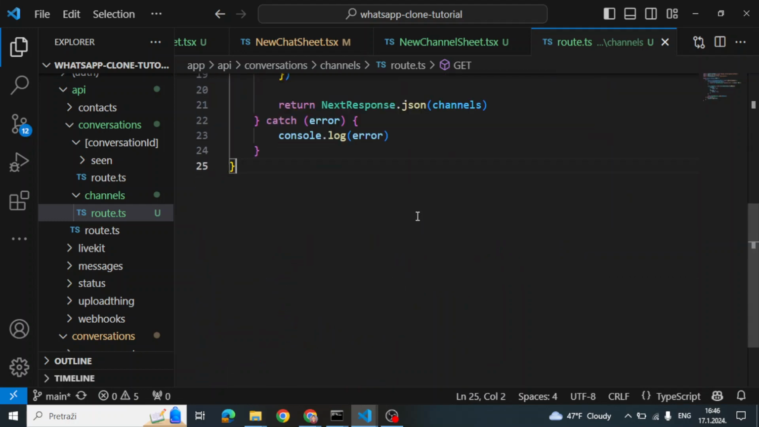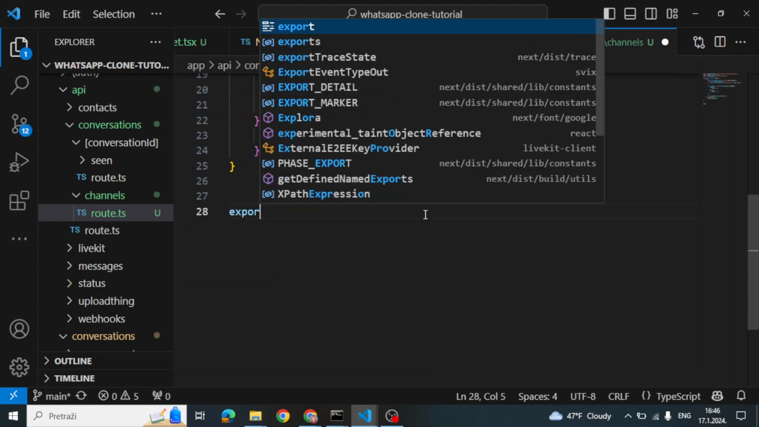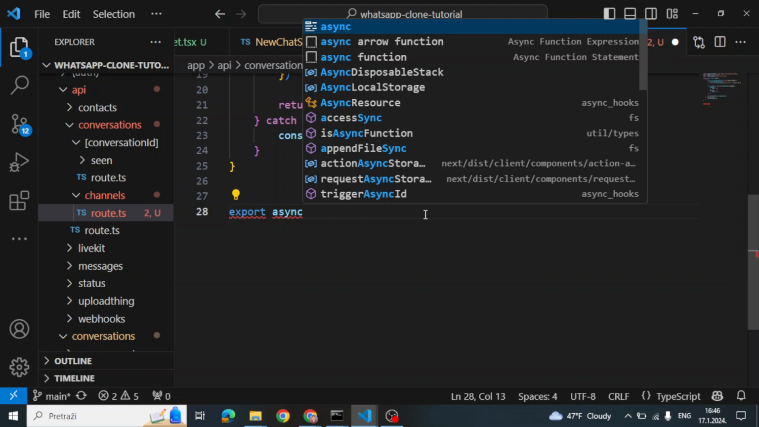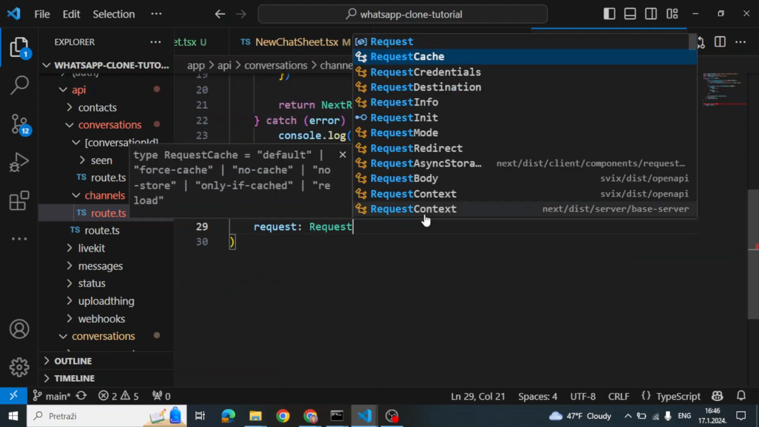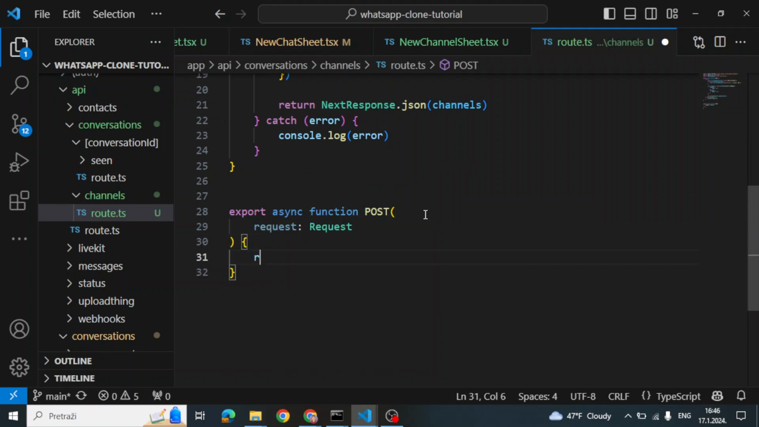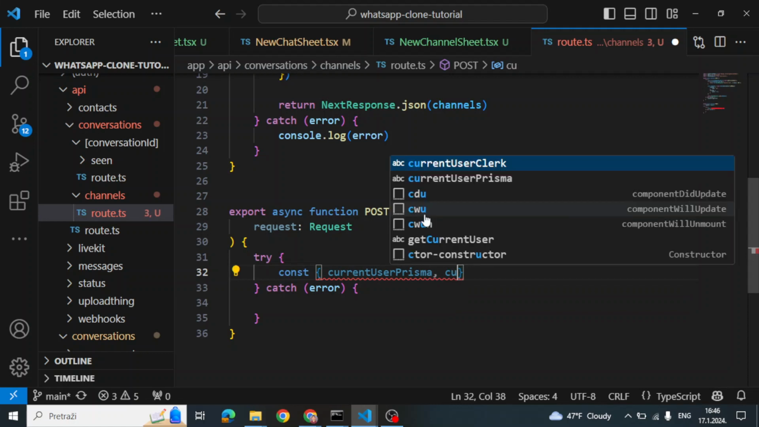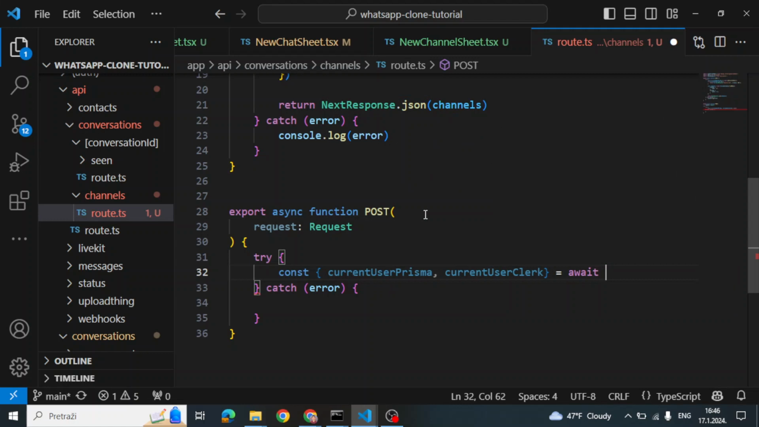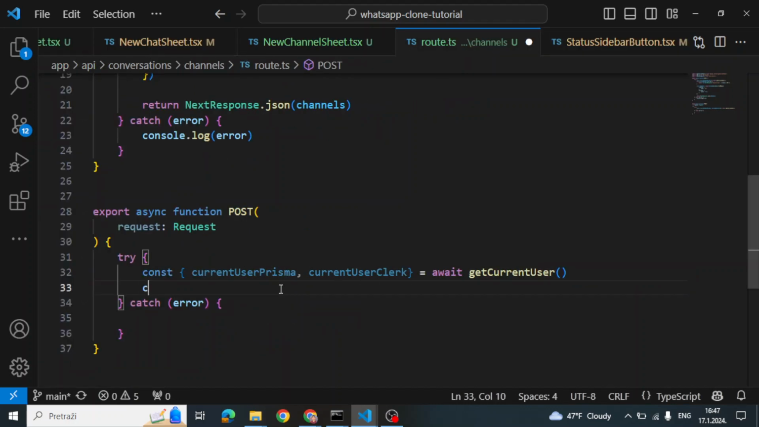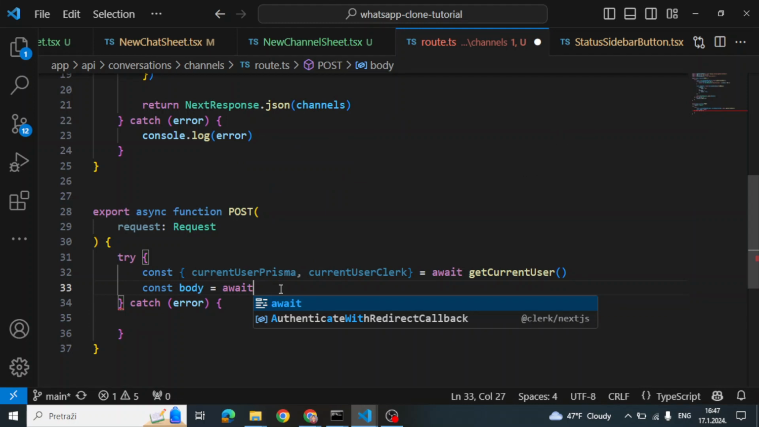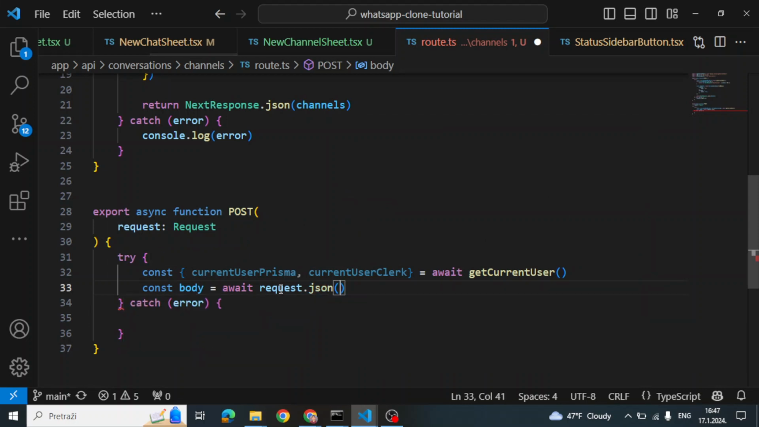Now this is for listing the channels, and now let's also make a function for creating a channel. So export async function post. We're gonna get a request of type request, and below that open body, try catch, and const current user Prisma, current user clerk, that's gonna be await get current user, and below that, let me close this, we're gonna say const body, it's gonna be await request.json, and below that const, and then we're gonna extract name of the channel,